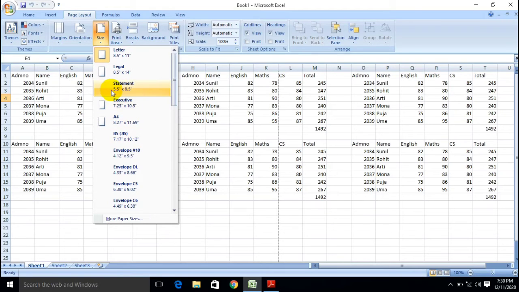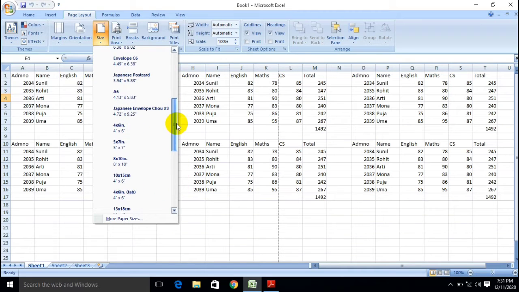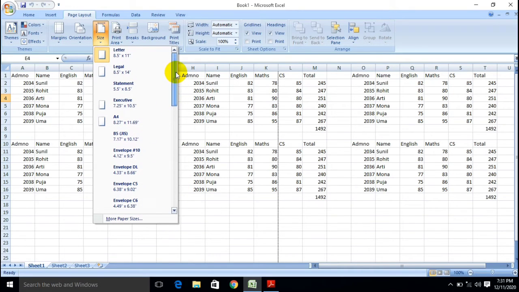And here the inch ratios are already mentioned below every particular title. So here the letter is 8.5 inches by 11 inches, which you can make in this particular selection. So there are different options you can choose from here, my dear students. As you can see, there are colorful segmentations in the size area.